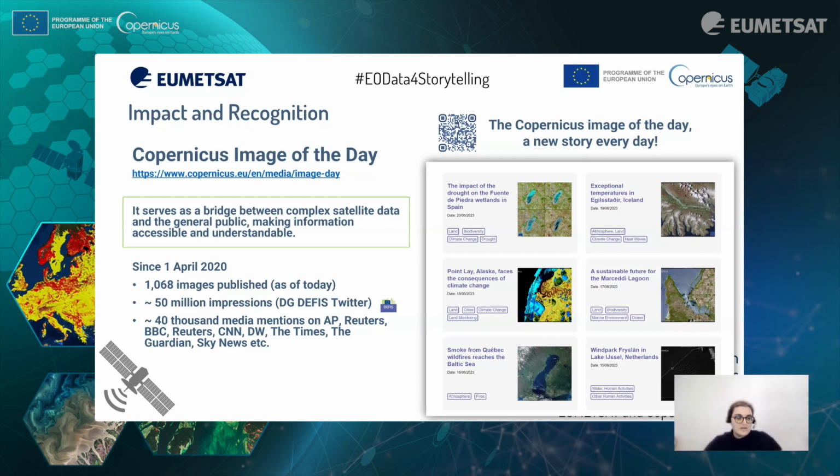My aim is to take the complexity of the satellite images and translate it for the general public, not for scientists, because the point is to give them the idea that satellite images, the open data, in particular of Copernicus, can have an impact in our daily life.